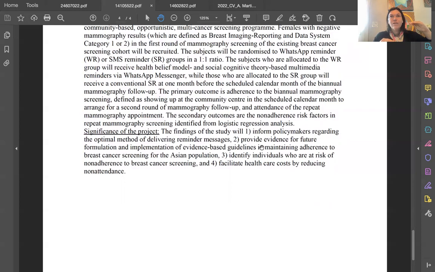So you could say, what about their socioeconomic status? What about their age? What about the risk of cancer in their immediate family, or people who've died of cancer in their immediate family? Those are the categories that you would then correlate logistically against their attendance, right? So you could actually say certain people are at higher risk for non-adherence. So that scientifically makes perfect sense. It is the best thing actually in this study so far, but I will tell you that that is the minimum of what you do for a randomized control trial.